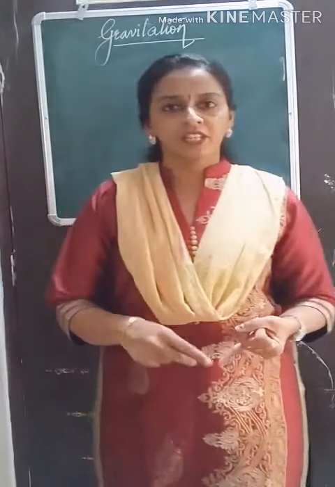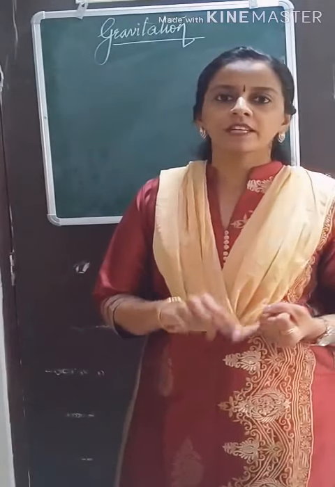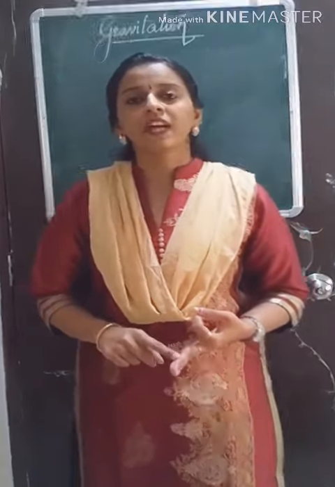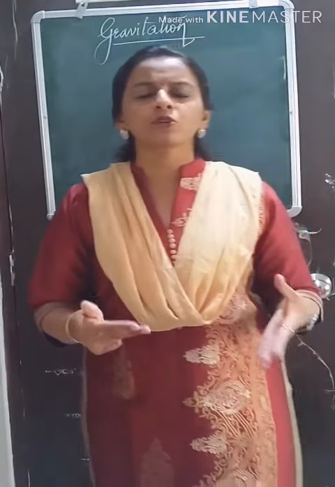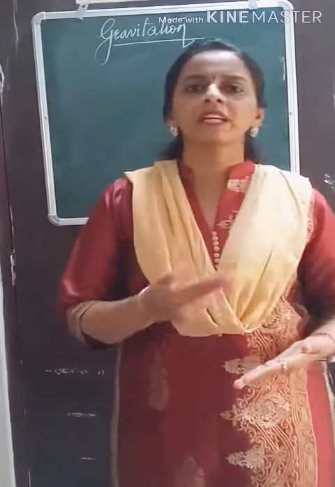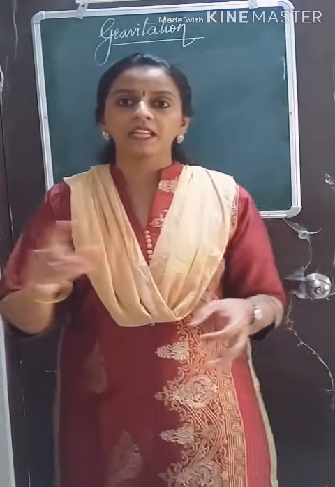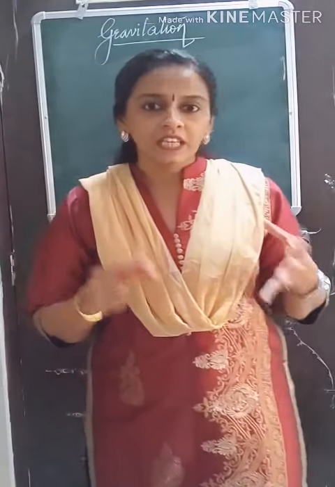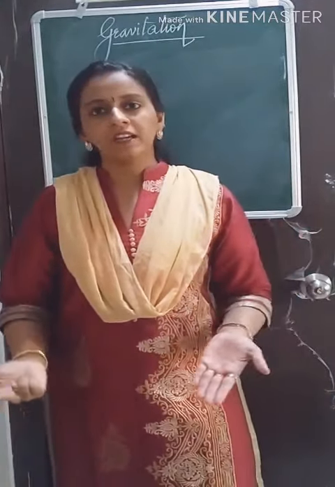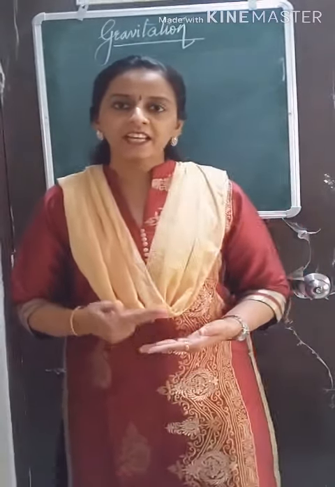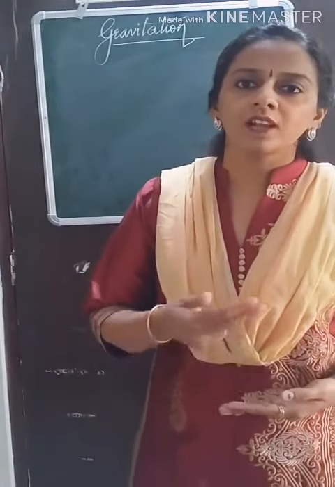In the last class we had done what is meant by gravitational force, discussed about centripetal force and Kepler's law. Then also we had discussed that Kepler was not able to explain why the planets obeyed the laws which were given by him, and what was the force which is making the planets follow certain patterns around the sun. So these answers were given by Sir Isaac Newton in his law called the Universal Law of Gravitation.